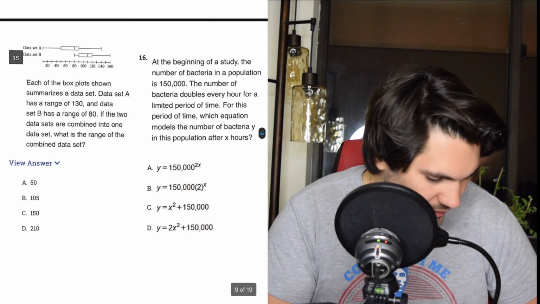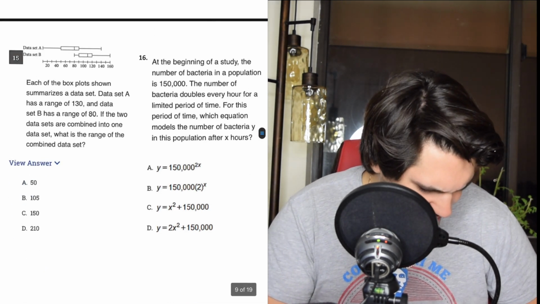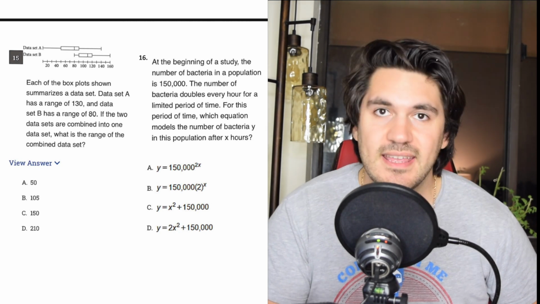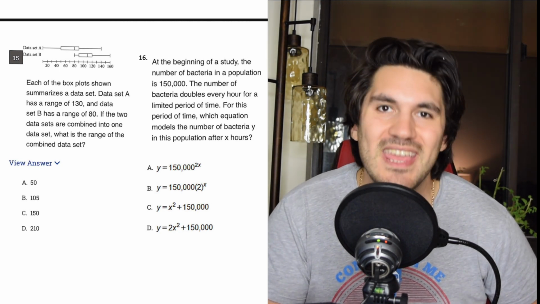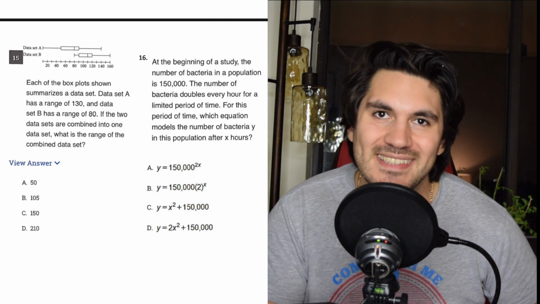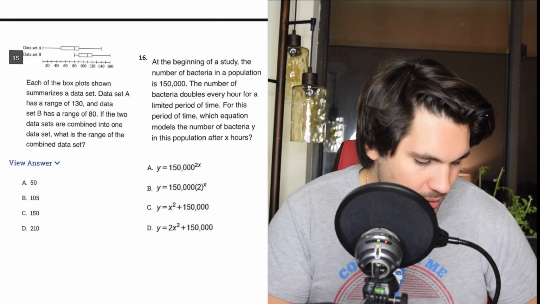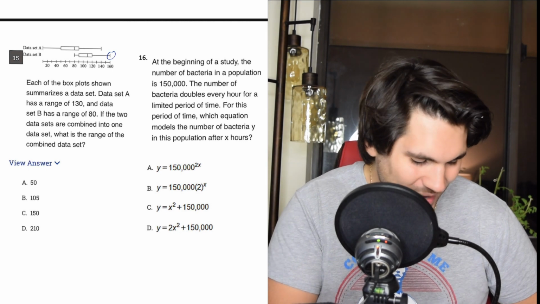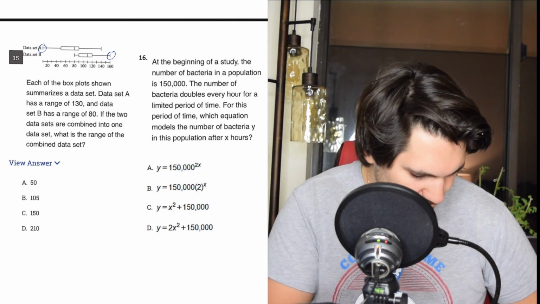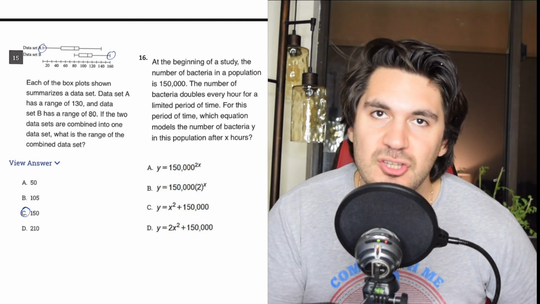Number 15. Okay, some data set stuff. What is the range of the combined data set? Again, the range is just the biggest value minus the smallest value. So that's simply 160 because that's the biggest value, minus 10 because that's the smallest value, for an answer of